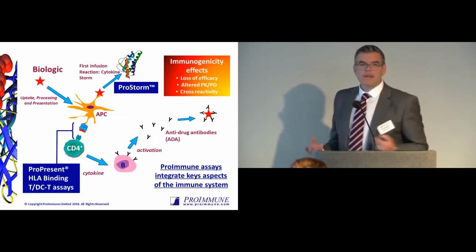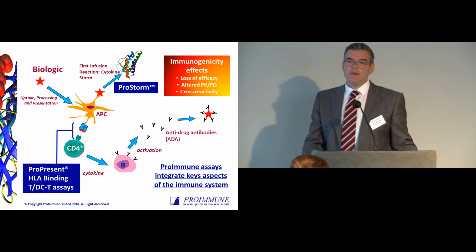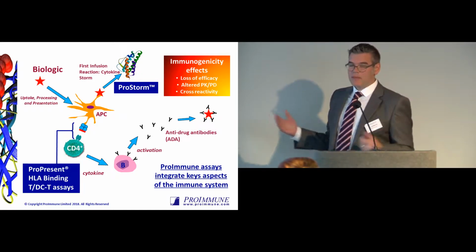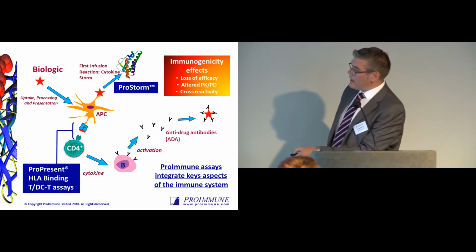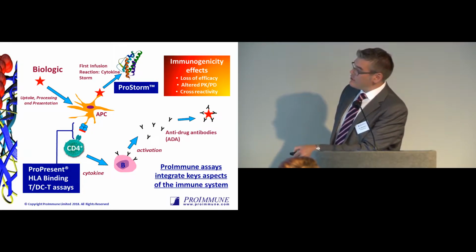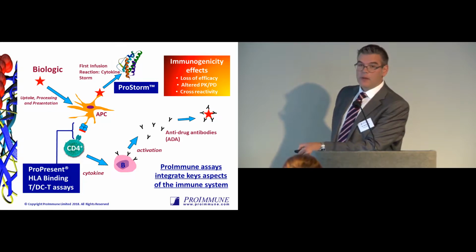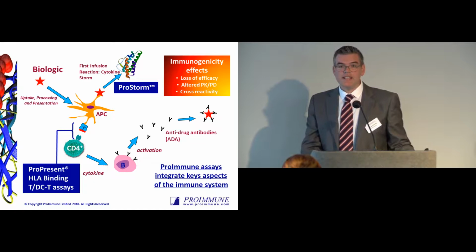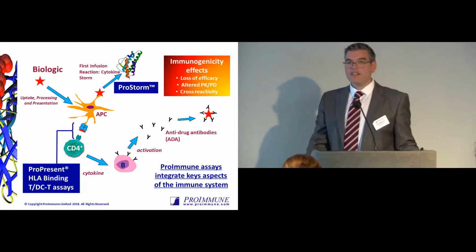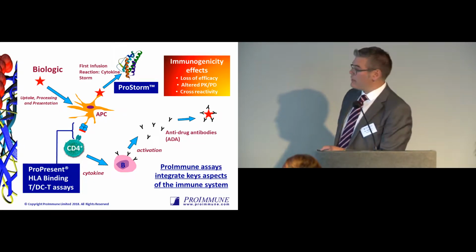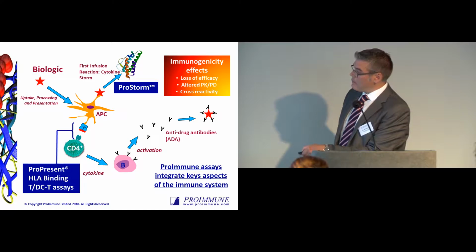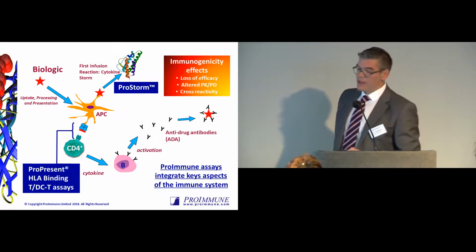And these peptides are typically, on average, about 15 amino acids in length, but will vary anywhere between 12 and 20, and sometimes outside that remit as well. This MHC peptide complex presents to the T-cell receptor on the surface of the CD4 helper T-cell. And this cognate interaction, along with the appropriate co-stimulation, leads to T-cell activation, T-cell proliferation, and production of the appropriate factors such as cytokines, which will then go on to help the naive B cells become memory B cells and plasma cells, which are then going to be producing